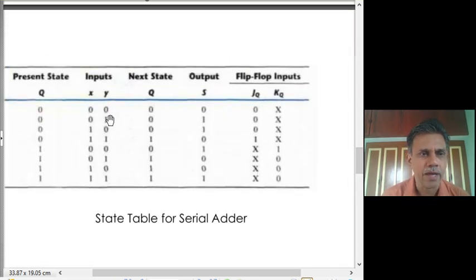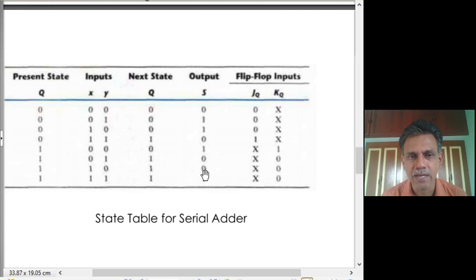So if you do a 3-bit addition, what would be the sum? We can see that if the number of ones in X, Y and Q is 1 or 3, then the sum is 1. Look at this, here it is 0, 0, 1, on addition the sum will be 1. Here also there is 0, 1, 0, sum is 1. And this is a case of 1, 0, 0, then the sum is 1. If there are just 2 ones in the 3 bits to be added, then the sum will become 0. Whereas if all the 3 inputs are 1, 1, 1, the sum will also be 1. So this is what the sum would be.